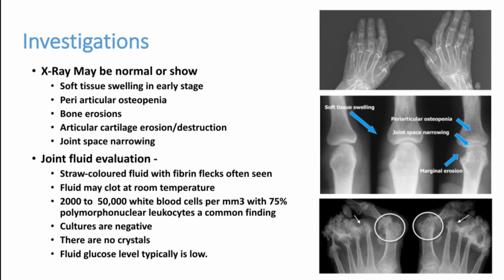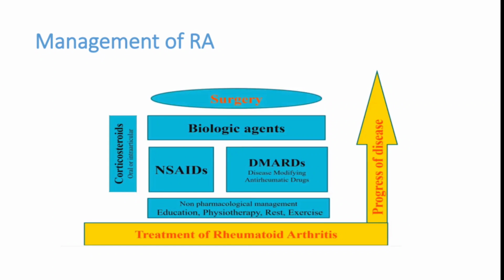Now SLE, if you take, can have bilateral joint involvement, but it does not produce deformity. And in sacroiliitis, peripheral joints are not involved, mainly the axial joints are involved. If peripheral joints are involved, they are asymmetrical. And gout is a monoarticular involvement. So once you make a clinical diagnosis, only then should we send rheumatoid factor. Otherwise, rheumatoid factor can be positive even in a patient without arthritis. So we should never send rheumatoid factor in a patient who does not have a typical clinical picture of rheumatoid arthritis.